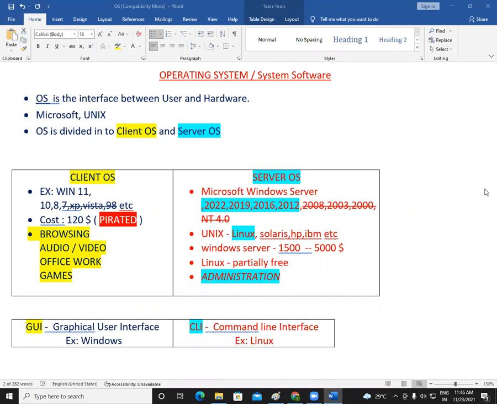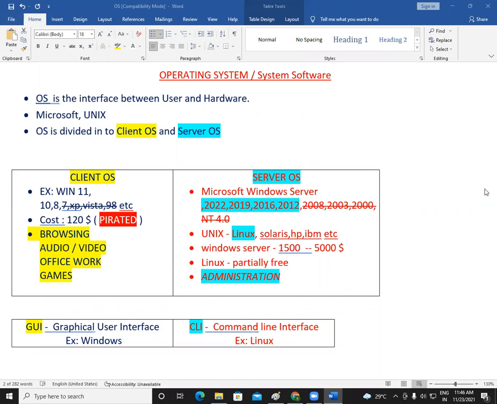Then what to do? Then we can contact the Microsoft people, because your server is a paid server. They can access your server and they can help you in troubleshooting that particular problem. They will help you, actually. So we will get support also if we use a genuine operating system. So pirated operating system: no support, no updates, less security and more viruses.